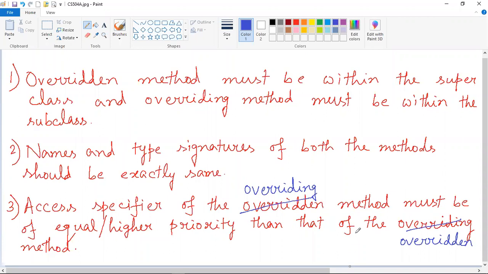So this is what I wanted to tell you, that the access specifier of the overriding method must be of equal or higher priority than that of the overridden method. Now why the access specifier of the overridden method cannot be of higher priority than that of the overriding method, that I have just shown you in the program. Now let me explain to you why this actually happens, and let me show you the output, then it will be much more clear to you.